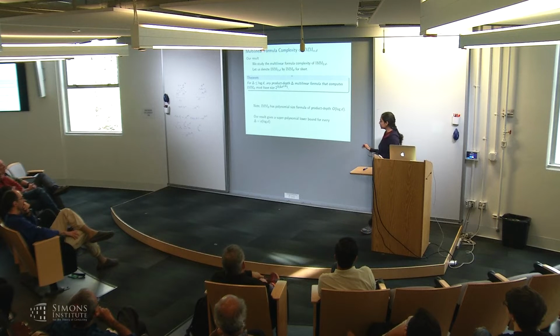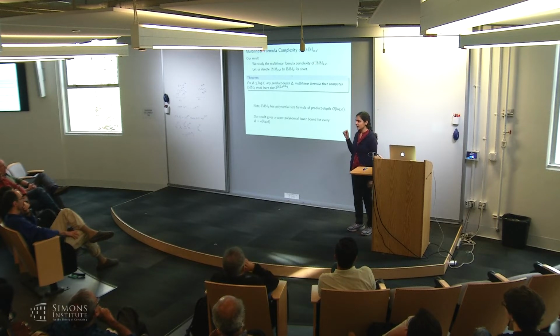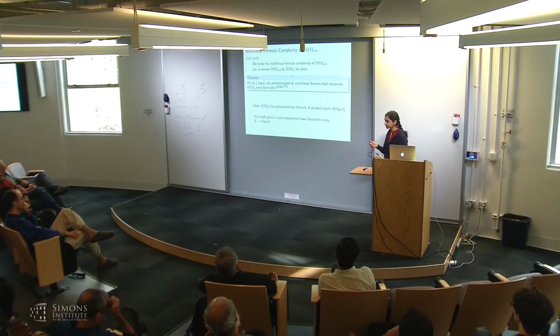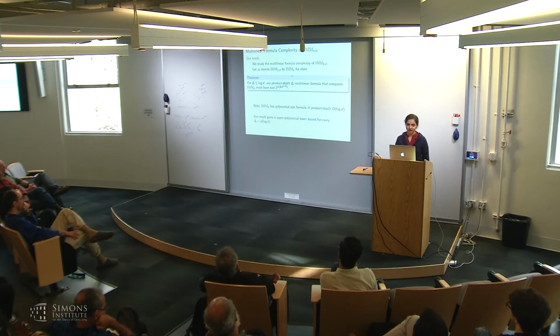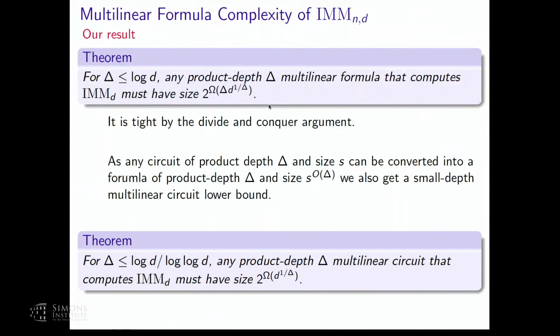The result has 3 applications. So I'll just say a little bit more about this result and how it relates to the previous results, and then give you these 3 applications. Okay, so first let's see how it relates to the previous work. Oh, before that I have to make a small remark, which is that from formula lower bounds you can recover circuit lower bounds. Because from a circuit, by just giving a little extra blow up, you go to a formula. So naturally you cannot have circuits of very small size if you cannot have formulas of very small size. So this just comes out as a corollary of the theorem.